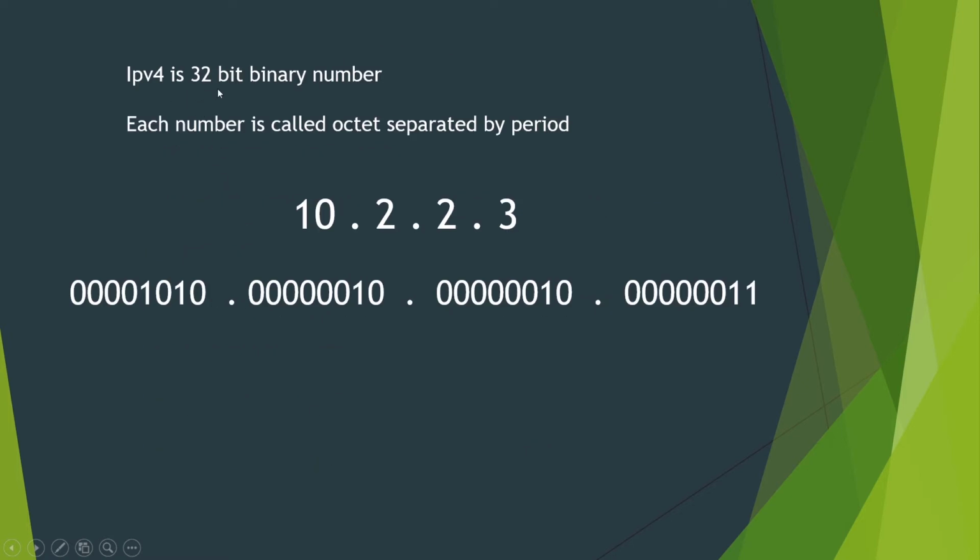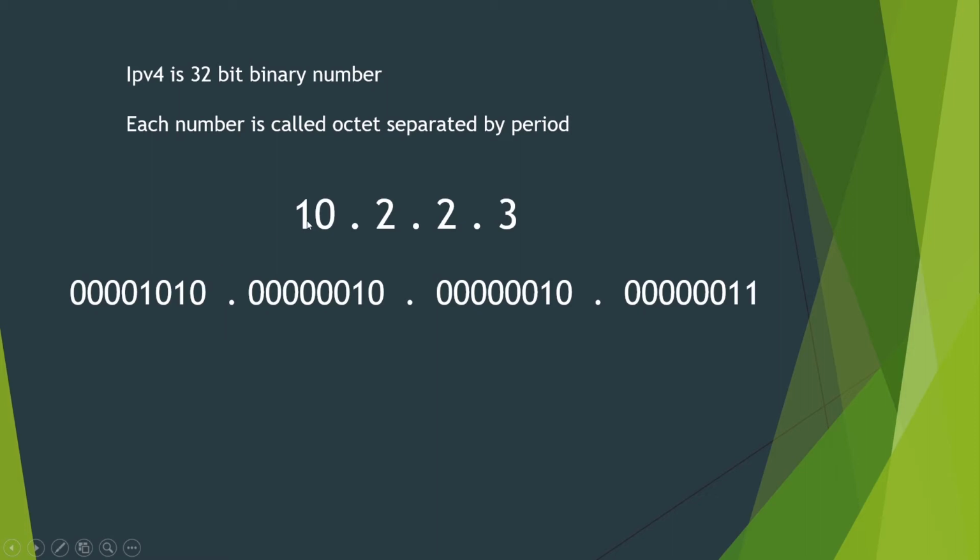IP version 4 is a 32-bit binary number. Each number is called an octet, separated by a period. So in 10.2.2.3, 10 is called an octet, 2 is called an octet, 2 and 3 are called octets, and each dot is called a period. So octet, period, octet, period, octet, period, octet.